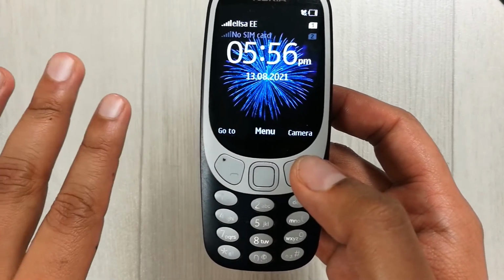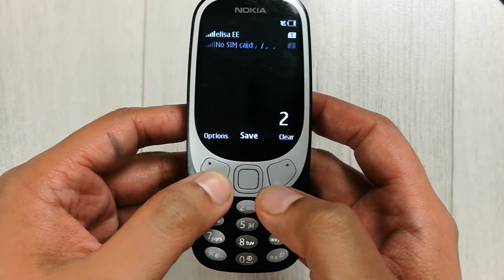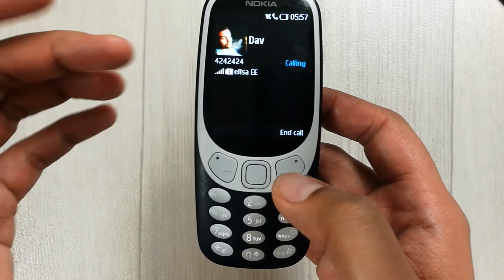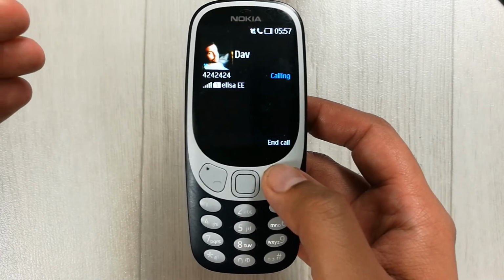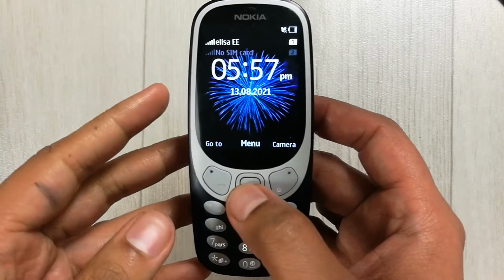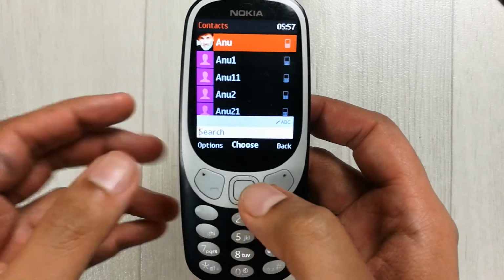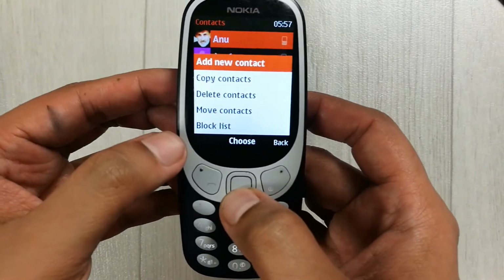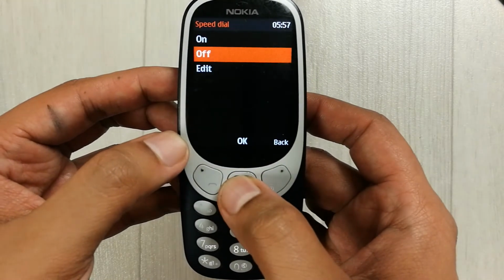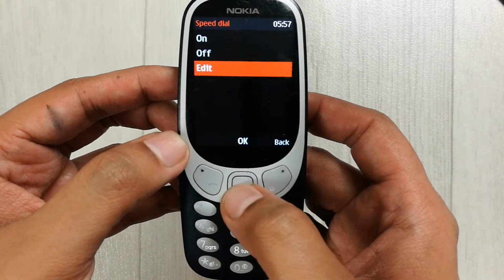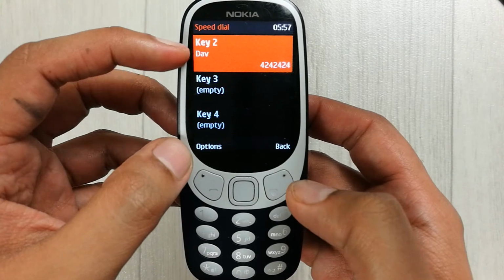Okay, now if you want to delete or you want to edit this number 2 option, for example, I press this one and I want to call this person, simply I start calling, but I want to add some other person, not this person, I can also do it. Okay, I will end this call. Okay, and now what you can do is go to the menu again, go to the contacts same way, and then select these options, and then simply scroll down, go to the speed dial. So this is speed dial, just select it and then go to the edit option again and then press OK. And then you can see key 2 is assigned this specific contact with this number.